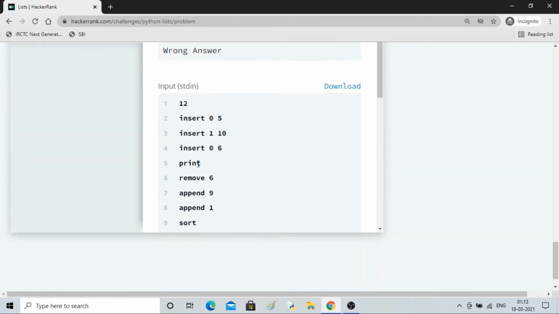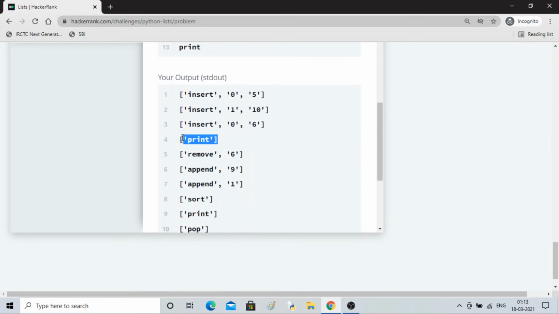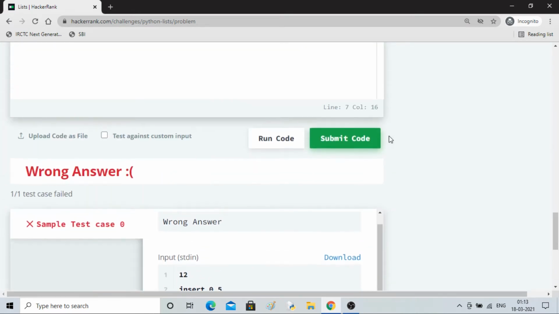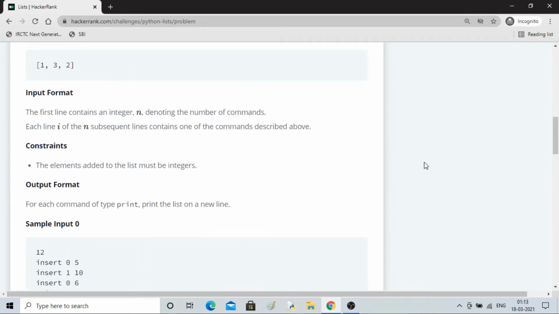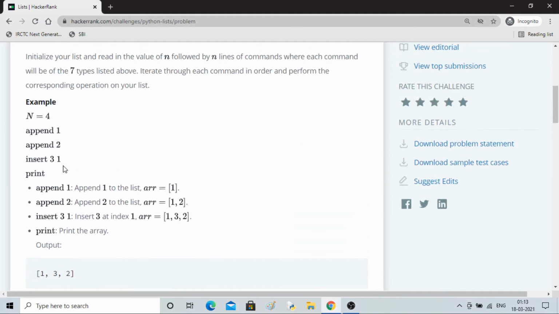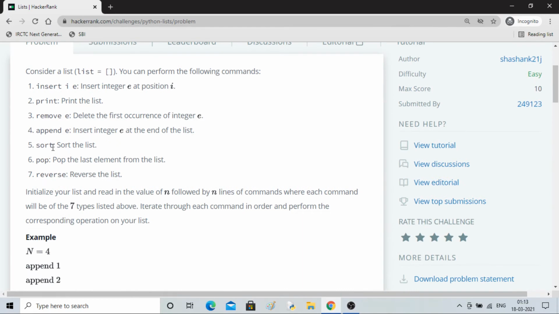You can see when print is given as the input here, it is saved as the 0th element of the array. So we'll do it like this with 0. And we will do the same thing for the other commands as well. I'll do the single commands first so that it is easy: sort is 1, pop is 1, and reverse is 1.